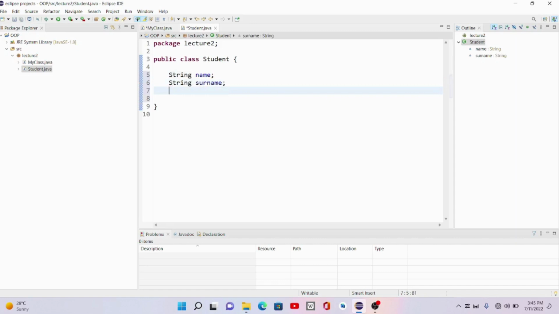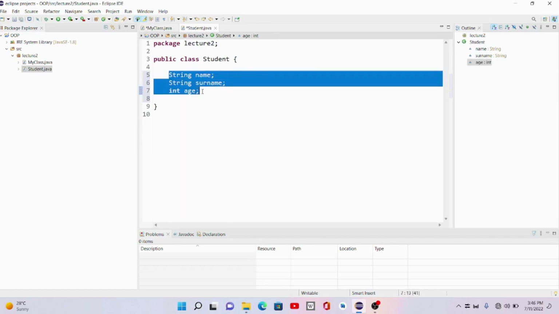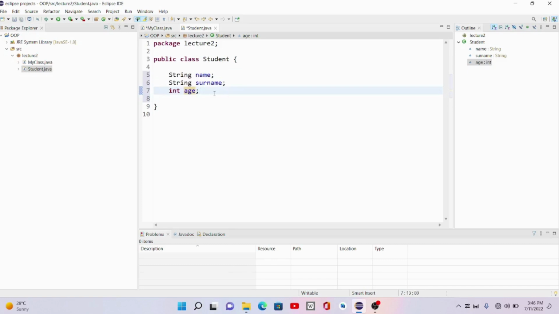Okay, and after that, that student can also have an age. Age is an integer, that's why here the data type is integer, and we can create a variable with the name age. This one is our variable, and we have created 3 variables here. These 3 variables are called the member variables of this student class, and we can also create member functions here. But I will not go into detail now. For that, just focus on the variables, and we will deal with the member functions, methods, in a different